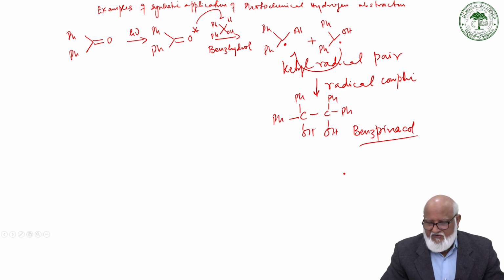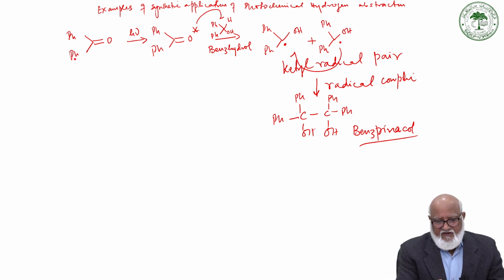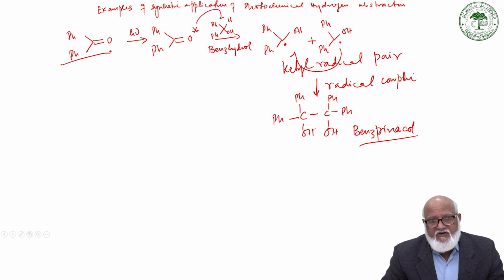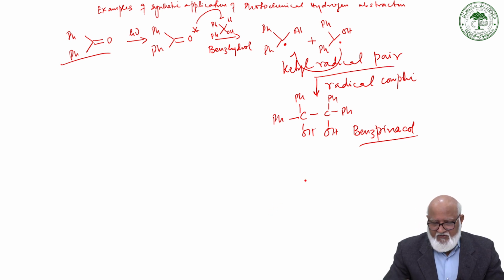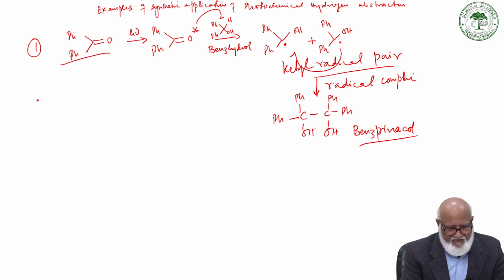So it is a simple reaction where it is possible to synthesize a 1,2-diol, that is called benzpinacol, just by the photoexcitation of benzophenone, abstraction of a hydrogen atom from benzhydrol to give the corresponding radical species, which will then combine, first giving a ketyl radical pair. This is the first example. The second example is the photoreduction of benzophenone to